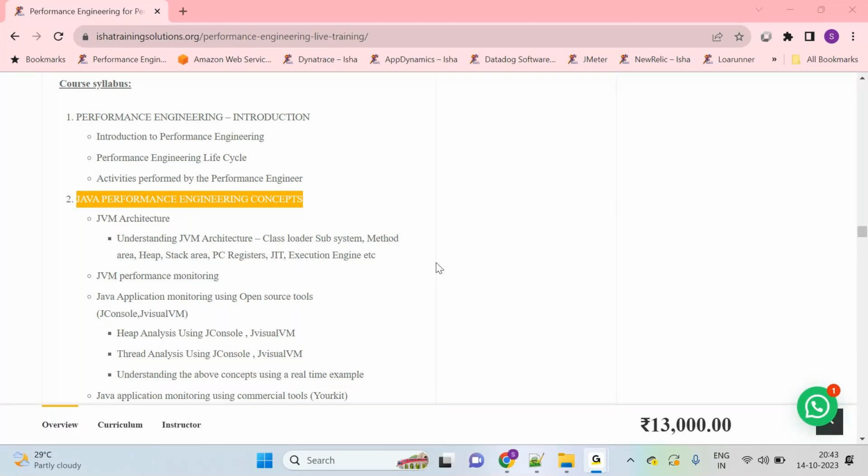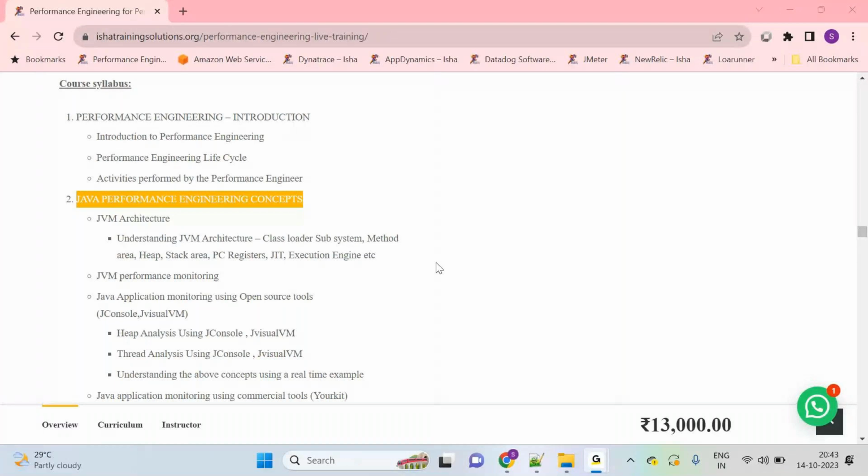Even many of my learners who completed sessions with me, when they attend interviews and after cracking the interview, they say that once they got to know performance engineering concepts, the way they attend the interview is completely different, and the way they provide answers is also completely different. I usually receive that kind of feedback from them, because performance testing, yes, that is a skill set. Performance engineering is actually a value add. When you are talking about performance engineering concepts, during the interview they will see you as a different profile altogether. That is the reason we are learning performance engineering concepts also.